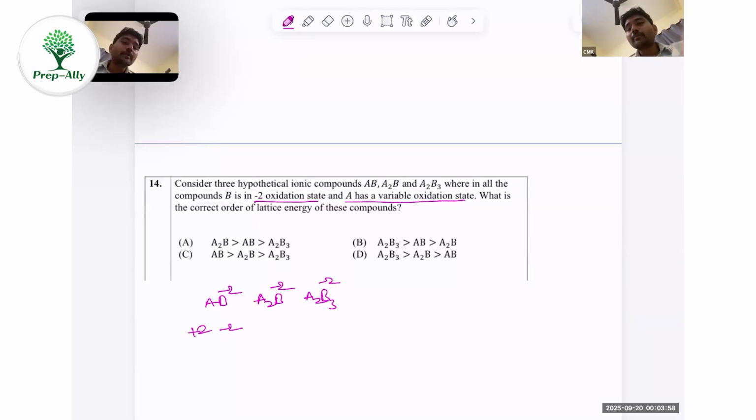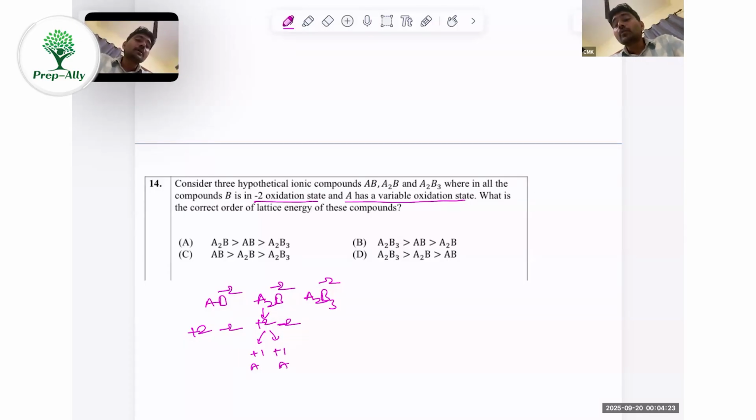So A should be +2. Here B is in -2, which means each A2 here, that A2 as a whole should have +2. Here it should have +2, which means each A will be in +1 oxidation state. Now A2